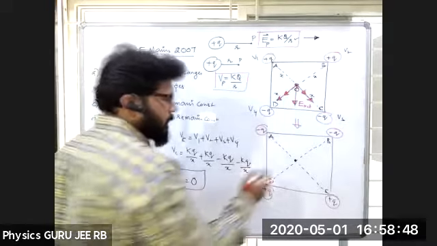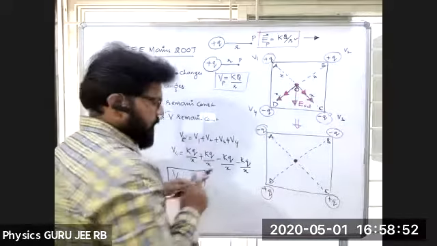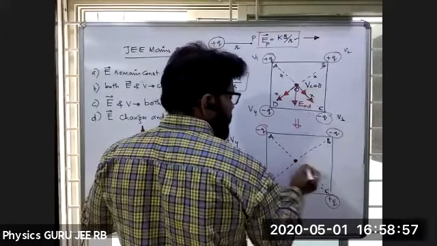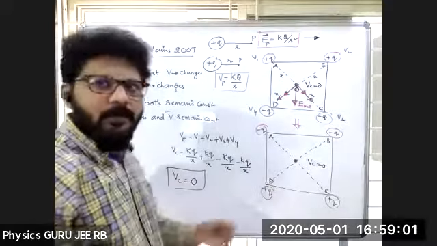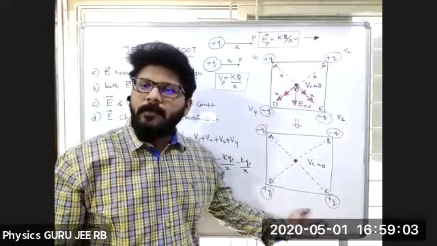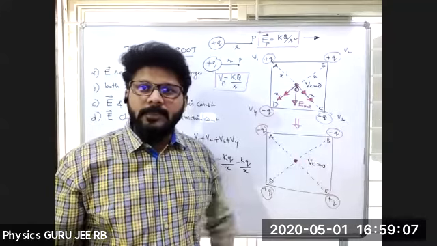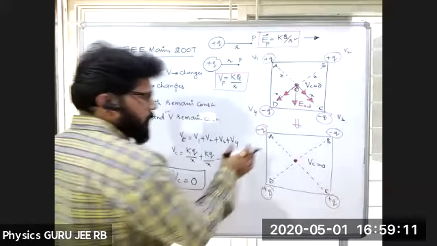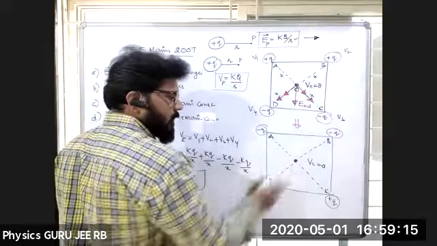Now, at this particular point, if I want to calculate electric field intensity, of course, at this particular point, V is 0. Here also at this particular point, V is equal to 0, because of the number of charges: 2 charges are positive and 2 charges are negative. So nothing to worry about it. Potential will be 0 at that particular point. Okay.